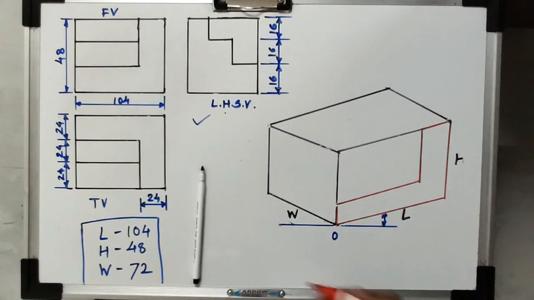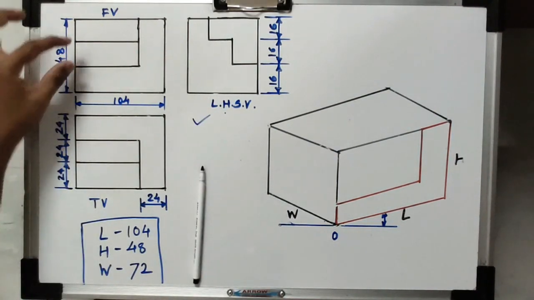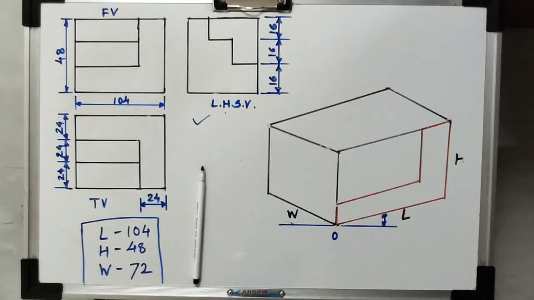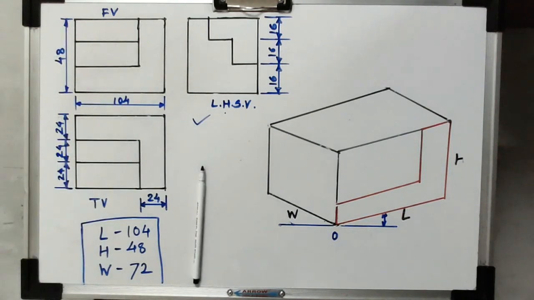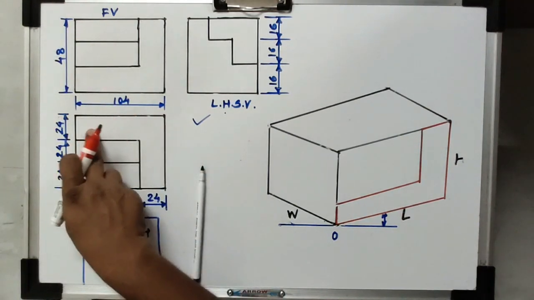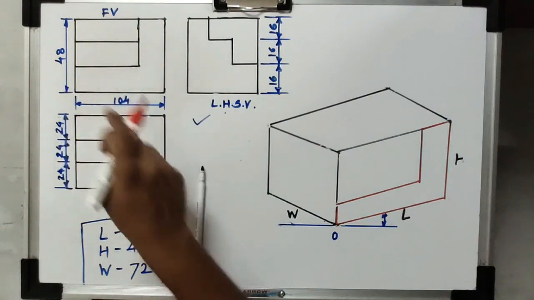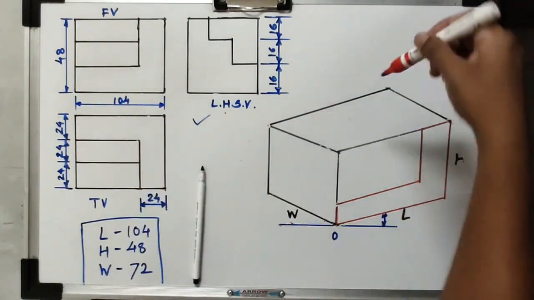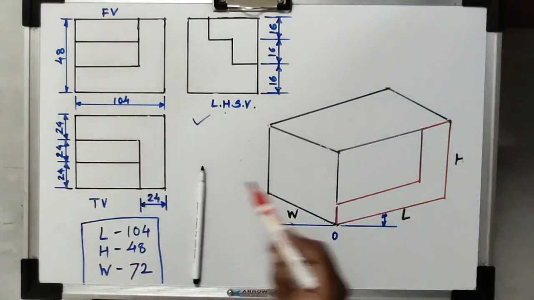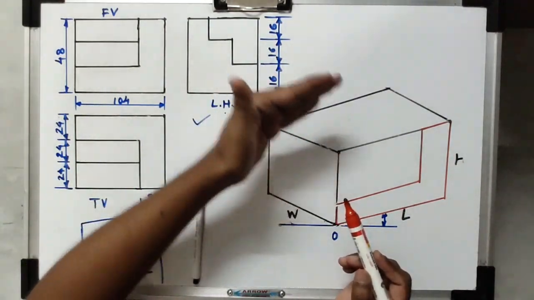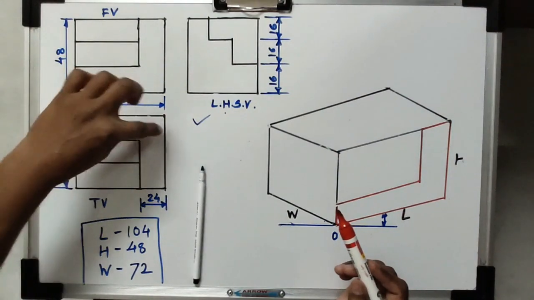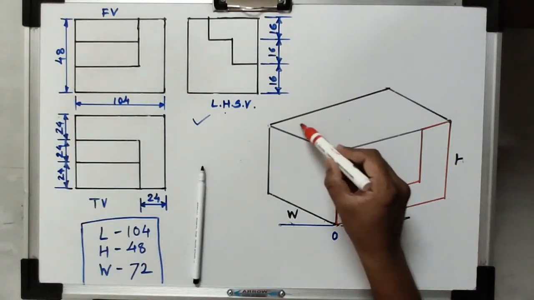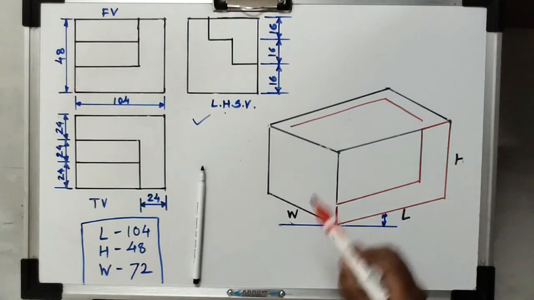Now then the two portions are there, but while representing that portion we have to take the reference. In most of the numericals we have to take the reference of front view, side view, as well as front to top view also. Now in the top view, if you observe again, the same structure is there which is visible in the top view also. When you observe from the top side, at the extreme other side, there is a horizontal rectangle, and then that right side rectangle, the portion which is present will be here. That we have to represent.